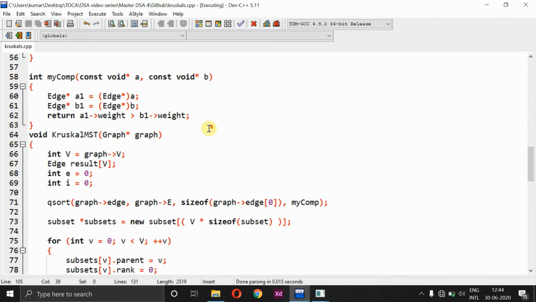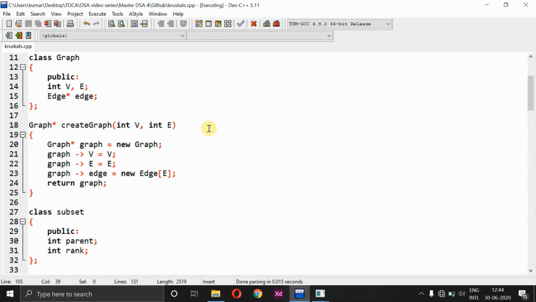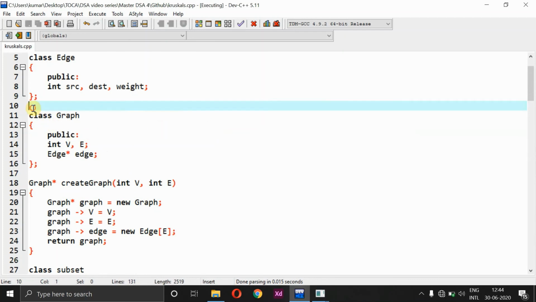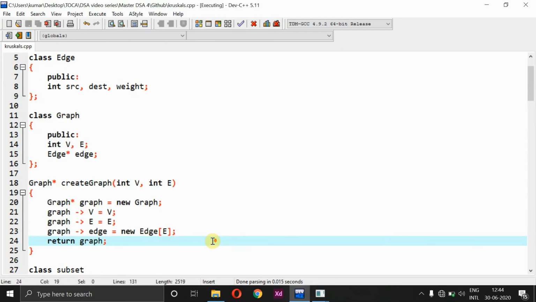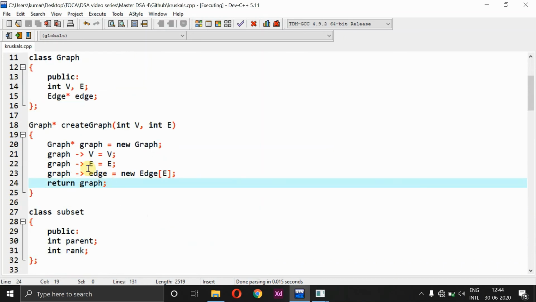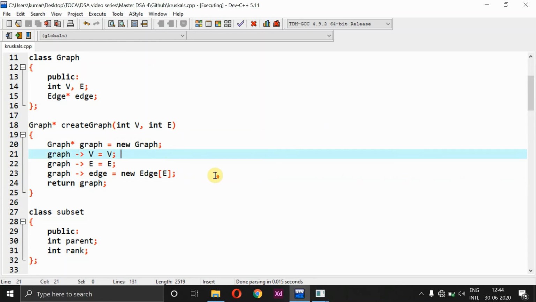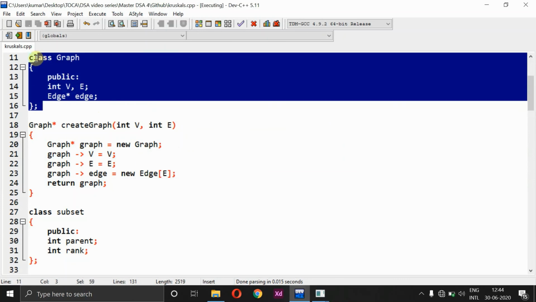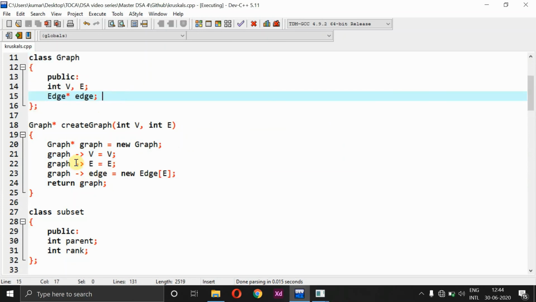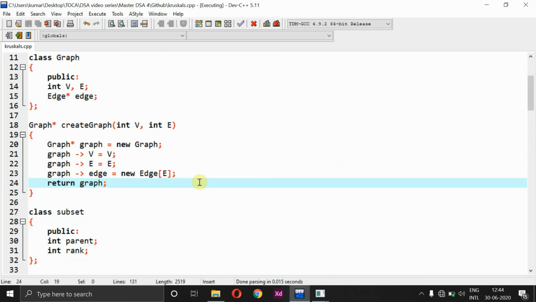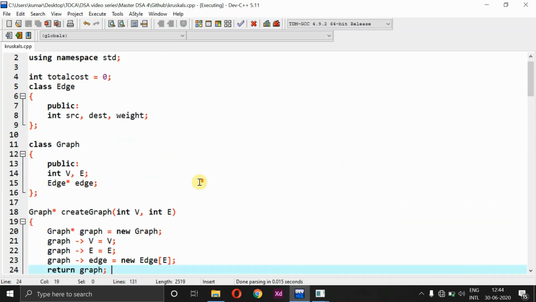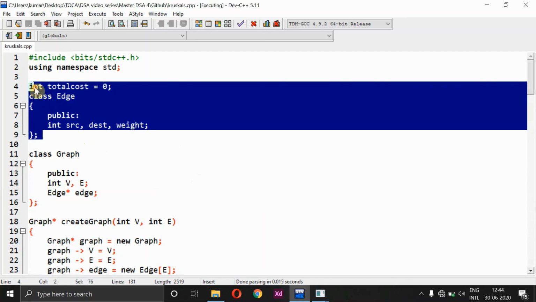So now let us just check where we have that method. Okay, so this is the part where we have that graph as well as the create graph method. So here what happens is, every time a new graph or a new node will be created, followed by which you will have the vertex name as well as the edges, right? So this is how the graph actually works, and this line states that we are creating a node, or we are creating an object for this class graph, and followed by which those values are getting modified, right? So it is the same as a linked list which we have seen on the very first day, and here this proves about the edge, right?